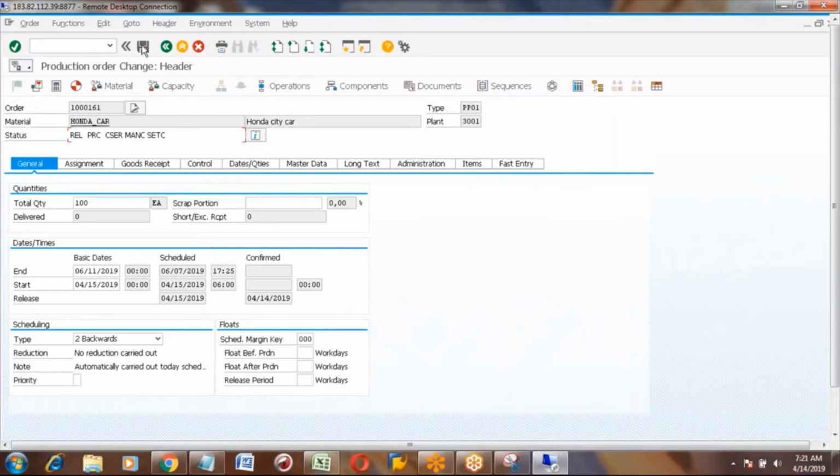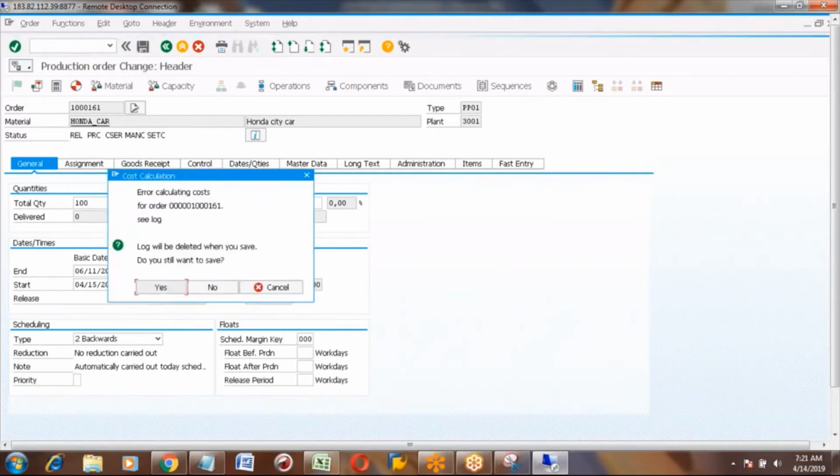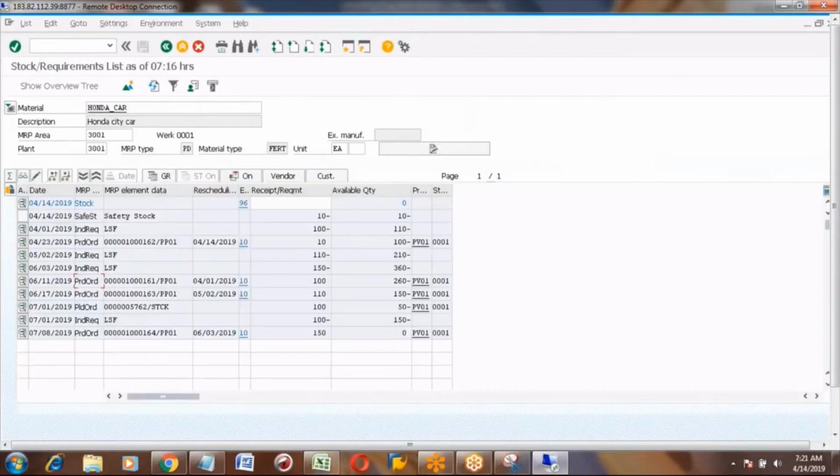Now you can click on the save button. Save it. Now we have released the order.